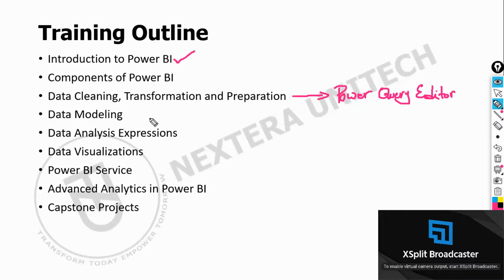But post understanding Power Query Editor, we'll also understand what is data modeling. How can we establish relationships between the tables? How can we transform the data which has redundancy to non-redundant data? Everything we are going to understand with respect to data modeling steps. Then DAX. This is completely a formula based language. So post data modeling, we learn the DAX topic